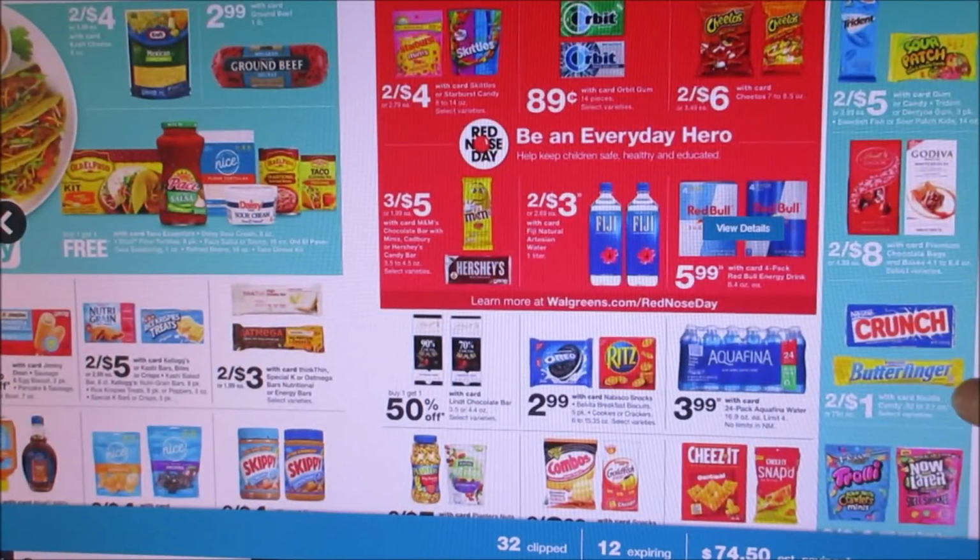Here we got Crunch and Butterfinger, 2 for $1. Now there is 50 cents off of 2 coupons in the 4-7 Retail Me Not, so you guys can end up getting those for $0.25 apiece, which is a pretty good deal. I see people stock up on that stuff like crazy, so I'm going to try to do a couple of